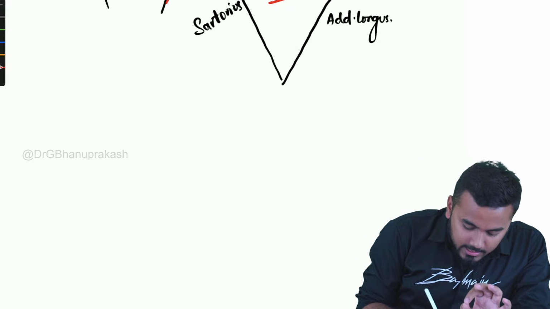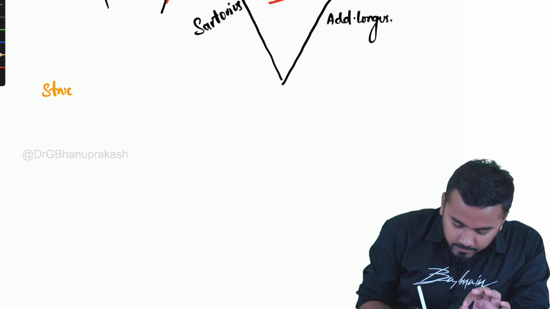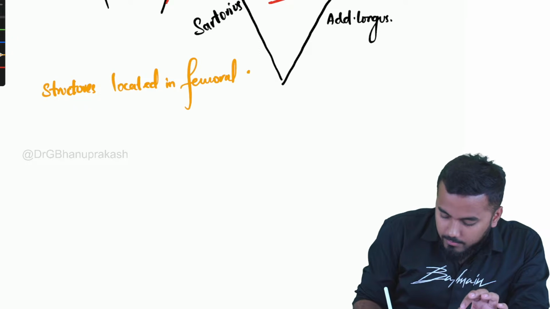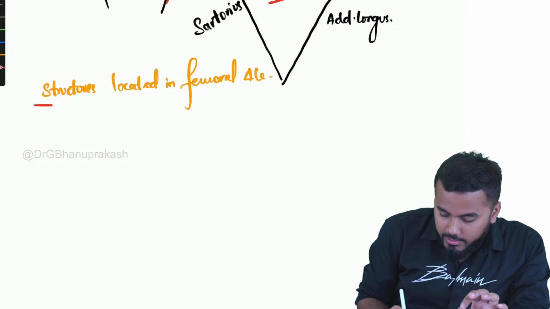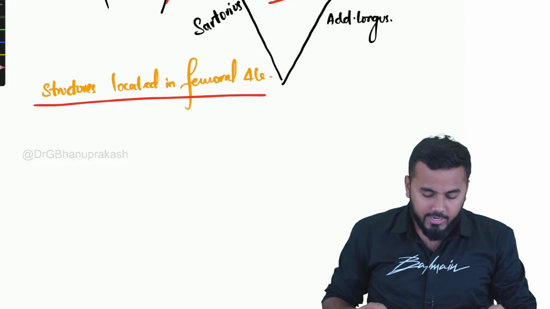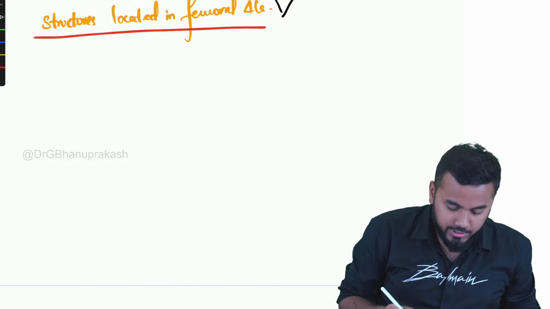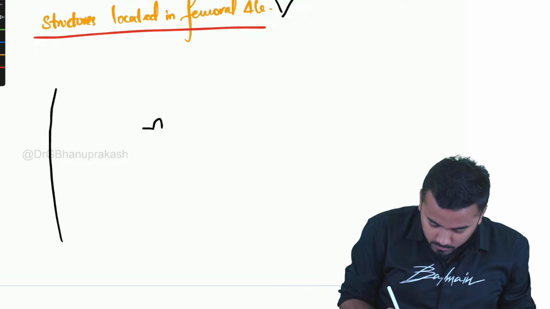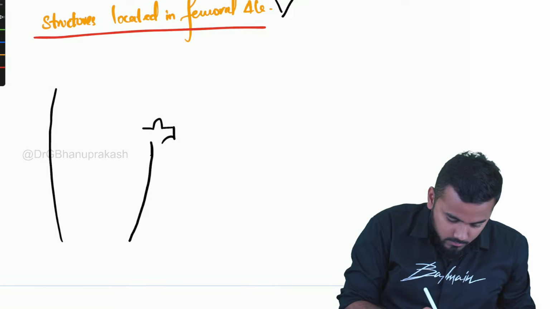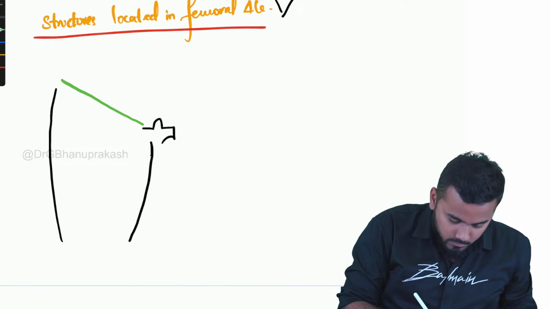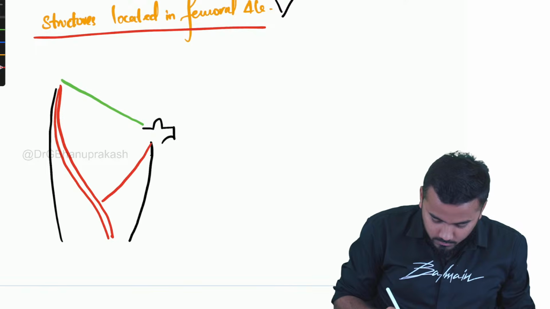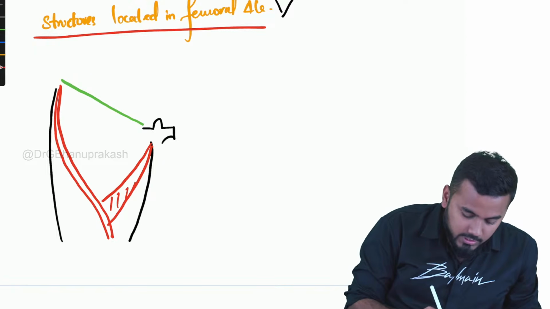What are the structures that are located in the femoral triangle? Look here very carefully, guys. Very, very carefully. You should pay attention now. The structures which are located are